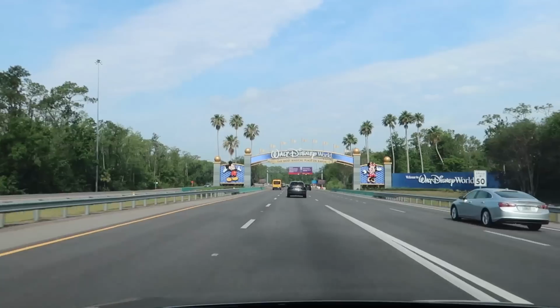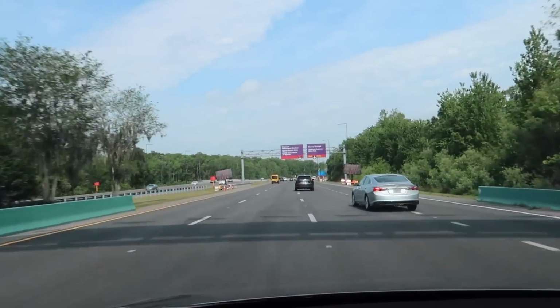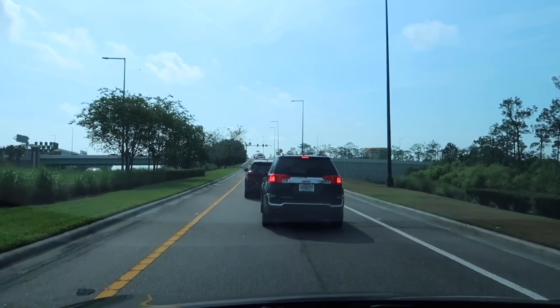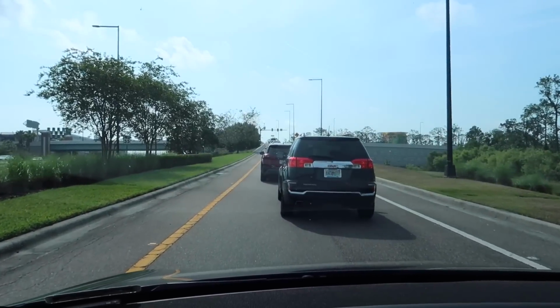So we're going to Splitsville at Disney Springs. Let's go. The most magical place on earth. Let's go bowling. So it is a race weekend. The Springtime Surprise was this weekend, and the 10-miler was today. So I think that we're gonna have a little bit of a hard time getting into a parking spot in